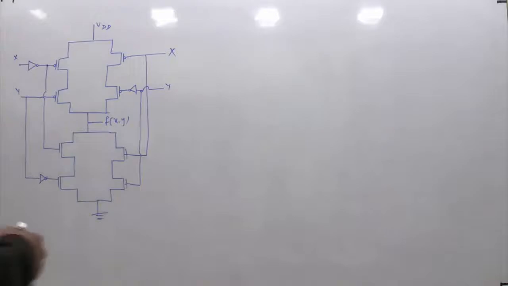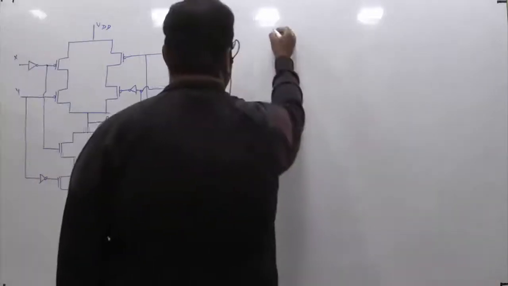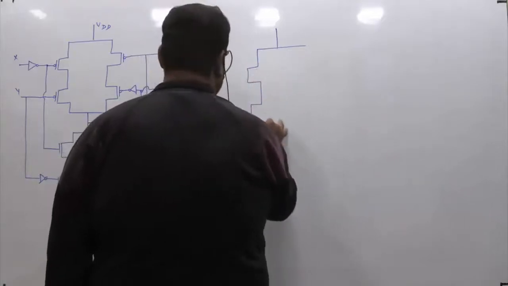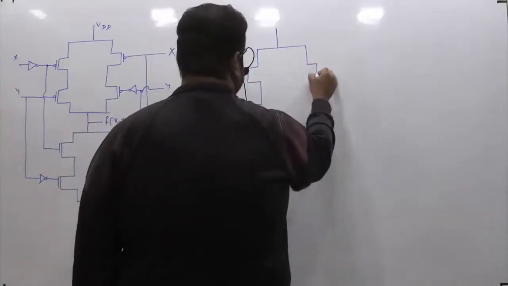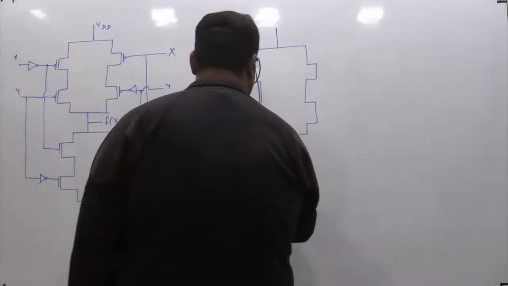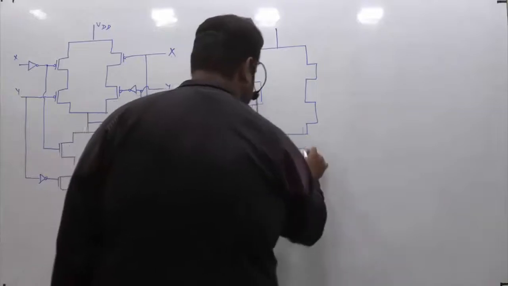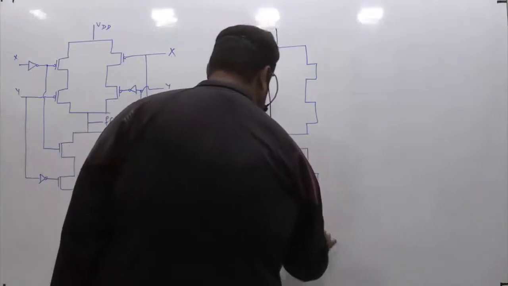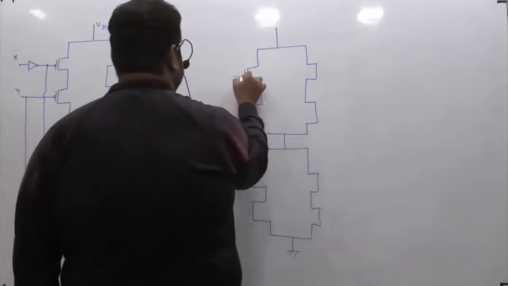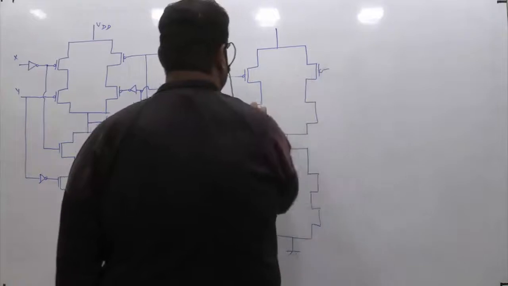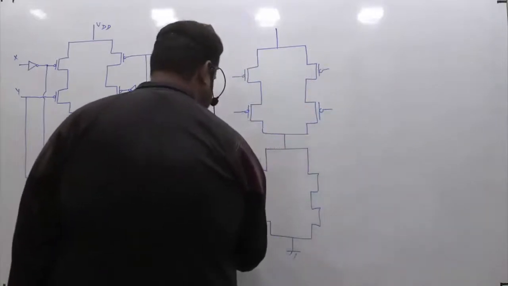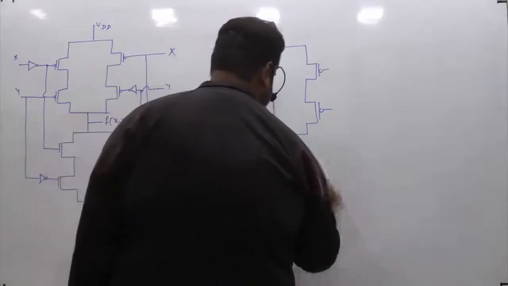This looks a bit complicated, but we can read the circuit like this. This is a CMOS circuit, because we have both PMOS and NMOS used. These are all the PMOS on the top side, and on the bottom side we have all NMOS.